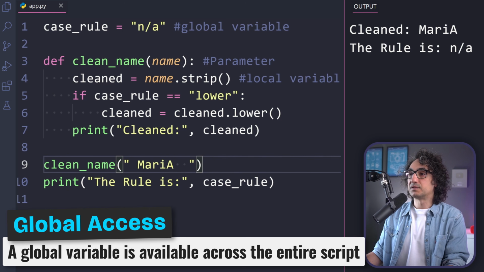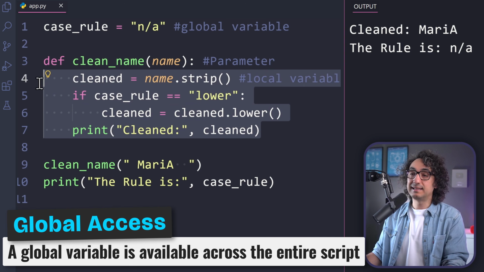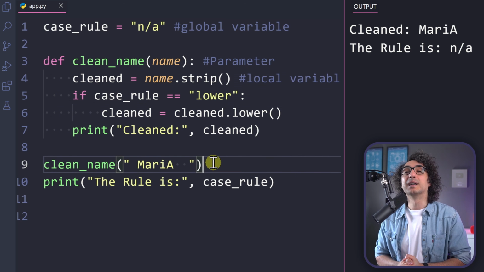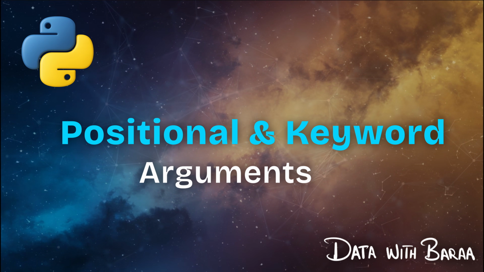So this is very classical one. You can see it can work inside and outside, but the parameter and the local variables, this is something very specific and we can access it only inside the function. So my friends, as you can see, again, it's very simple. Those are the three different types of variables.